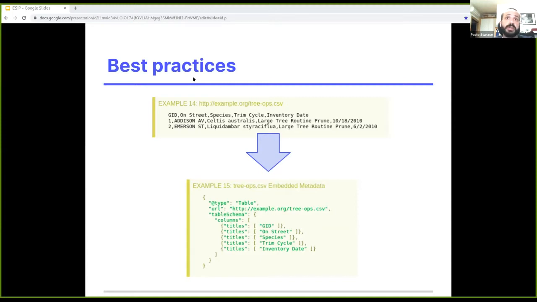We have a link to the resource, and this is really important because we will see the data are connected to the metadata in a double way. So the metadata has the information about the data, and the data provide information about the location of the metadata. And here we have just a few pieces of information about the schema that actually are adding nothing to what we can infer from the file itself. So they are just the titles of the columns.